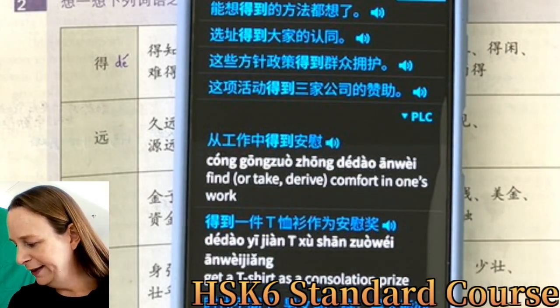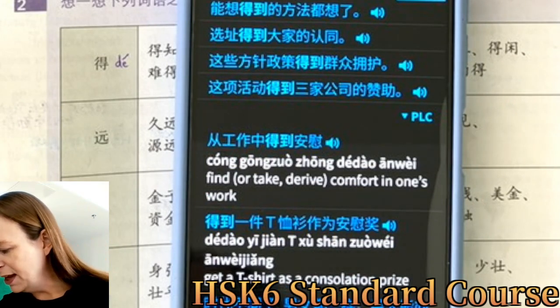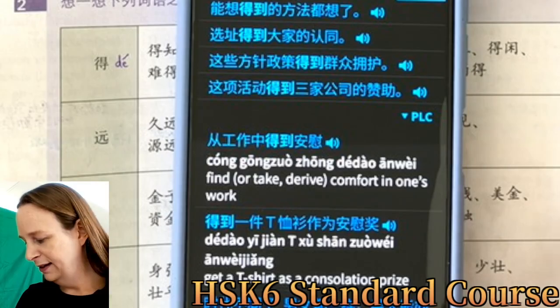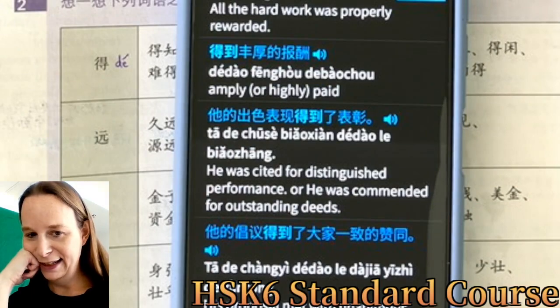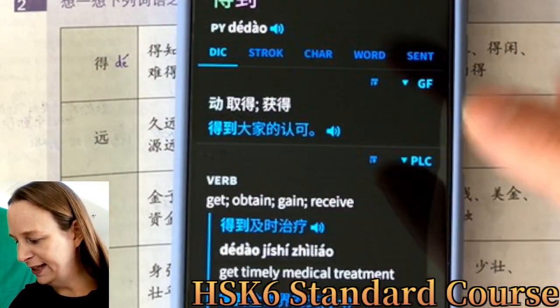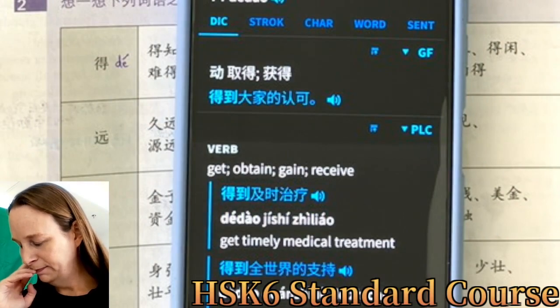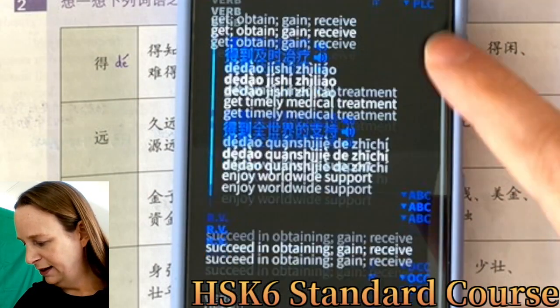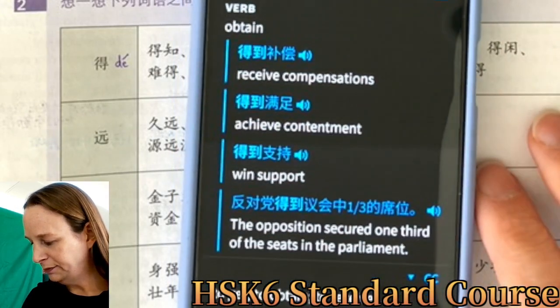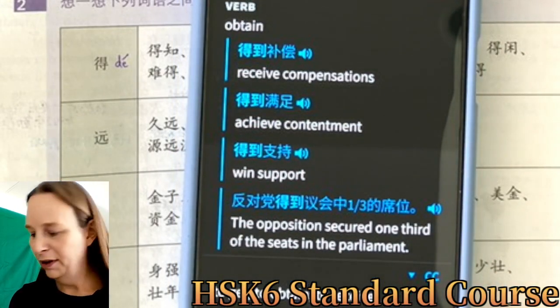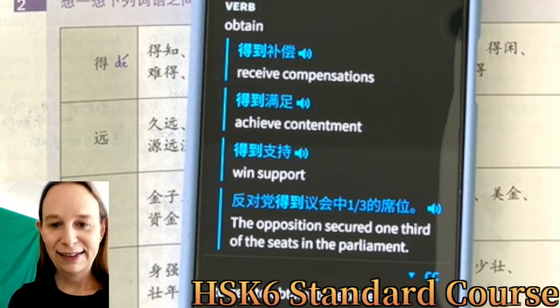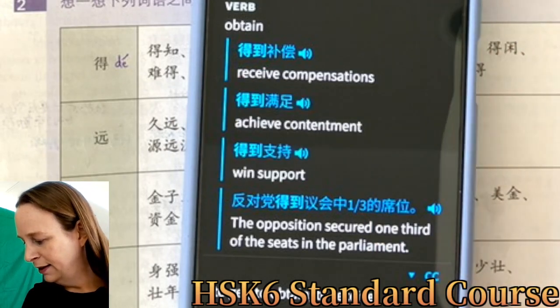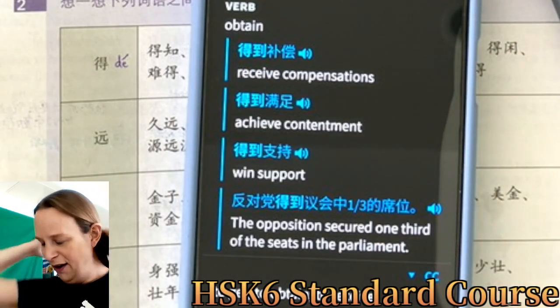得到安慰. 得到一件 T 恤衫. 作为安慰这样. All right. So I get the feeling this is broader in Chinese than it is in English, or at least than receive is in English. 反对党得到议会中1/3的席位。